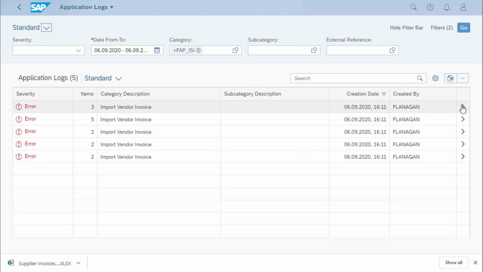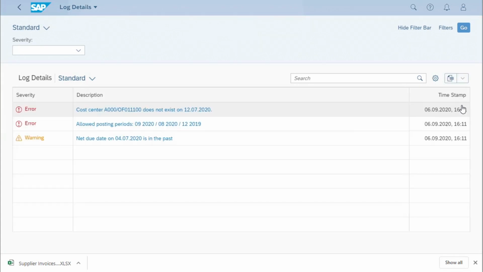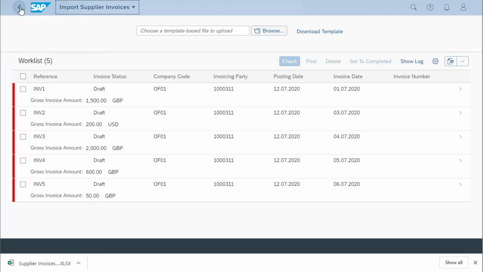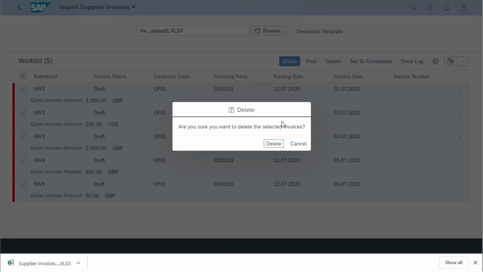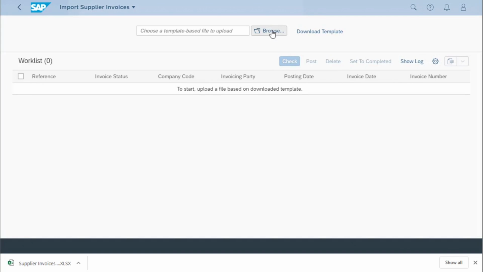In the log, I see there are 5 errors. I can look at the detail by selecting the right arrow, and I can immediately see the cost centre does not exist and I've entered the wrong date in the file. So I go back to the Excel file and correct it. I can't import the new file until I get rid of the incorrect items by deleting them. Then I select the corrected file